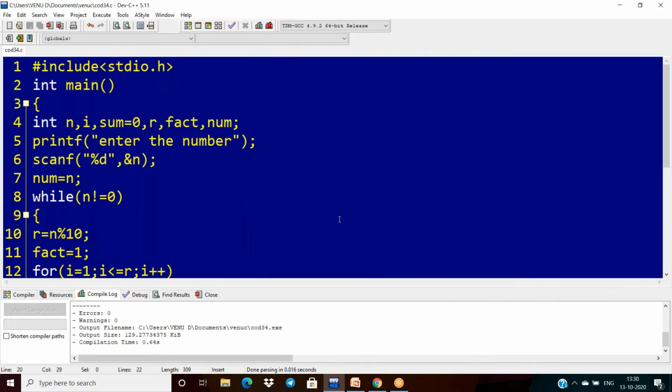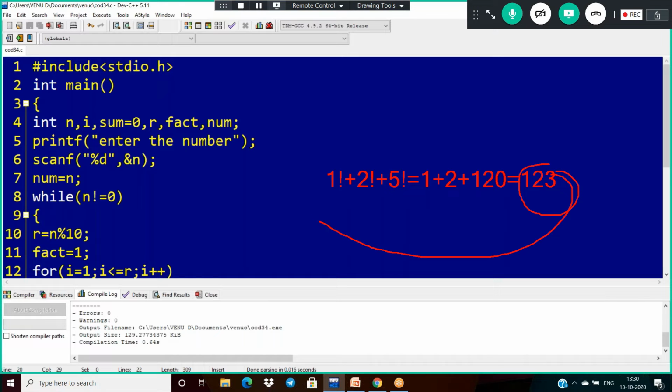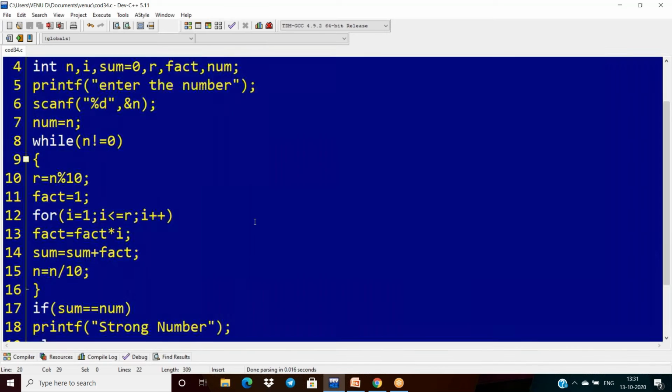See, if you take 125, 1 factorial plus 2 factorial plus 5 factorial. 1 plus 2 is 3, 5 factorial is 120. Is it equal to 125? It is 123. So that is why it is not a strong number.